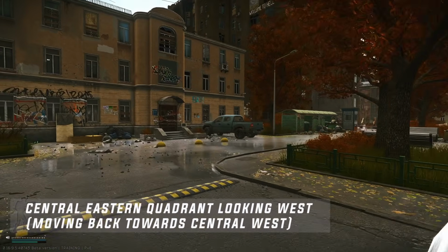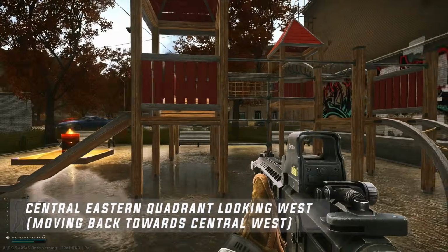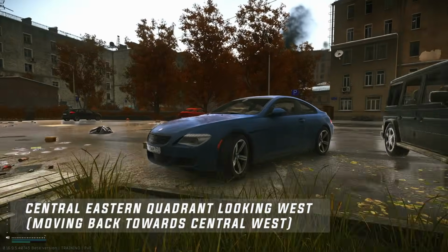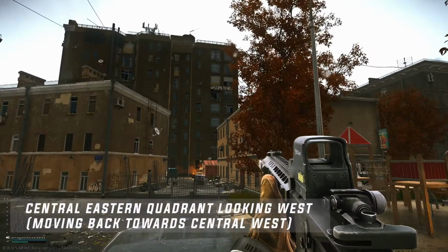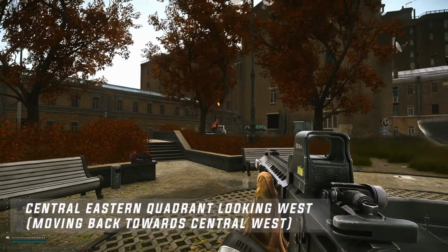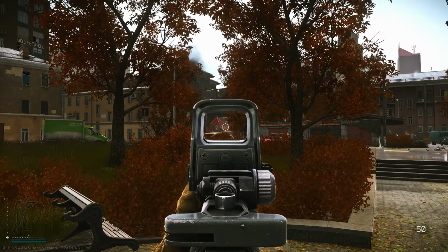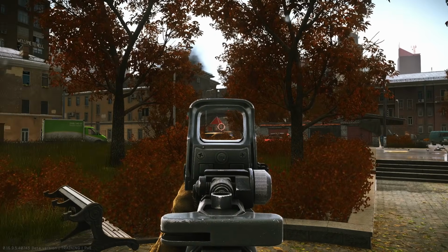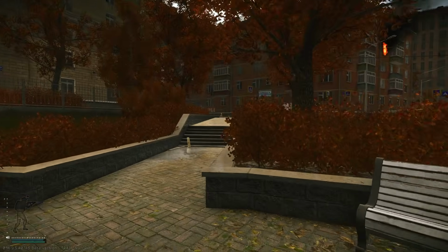So if you spawn and you come across this kind of confusing area, you'll see a park here, you'll see a burning barrel, and you'll kind of see this funny courtyard, and it looks a little bit daunting. So if you come to the fountain, you sort of have a few different directions that you can go. If you run towards the little park that we were just talking about a second ago, that will send you out towards Primorsky Avenue. If you turn around,